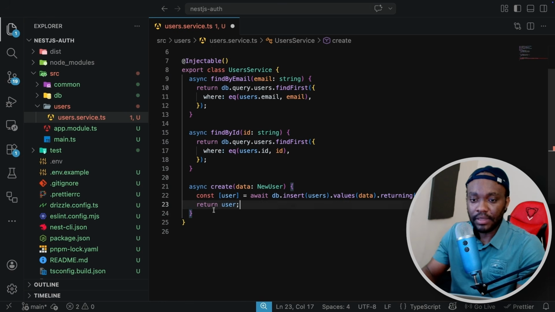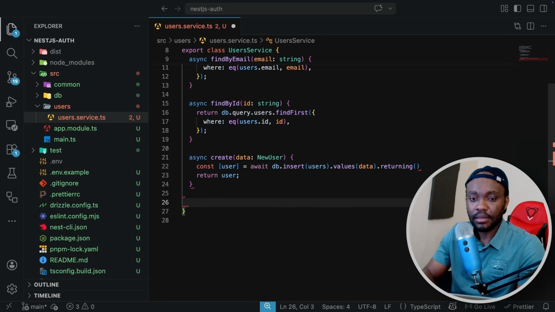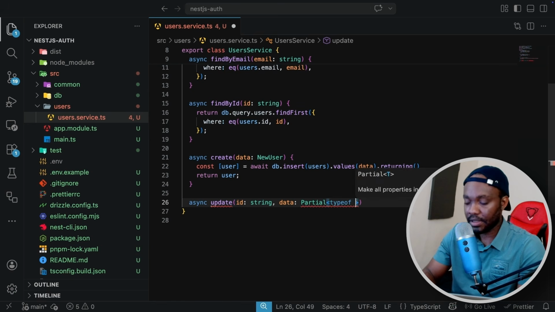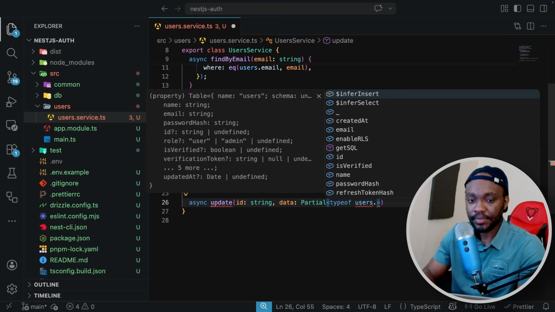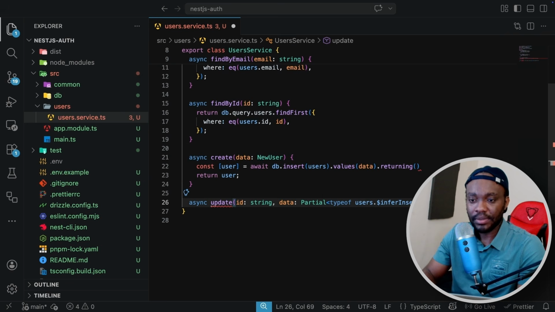Now the next one we have is update. So we're going to say async update. Update is going to take in the ID. The ID is of type string, and then we also have data. Data is going to be a Partial type of our users.$inferSelect. I think we have this type, I'm not quite sure. $inferInsert. So we're going to say const user is going to be equal to await